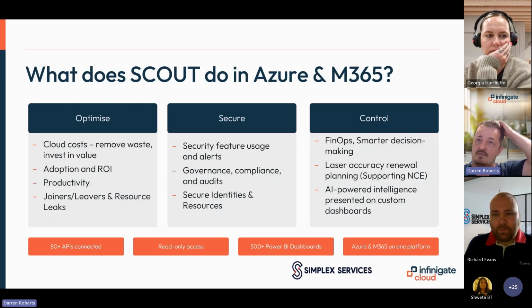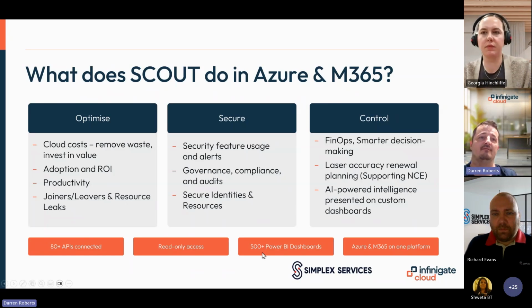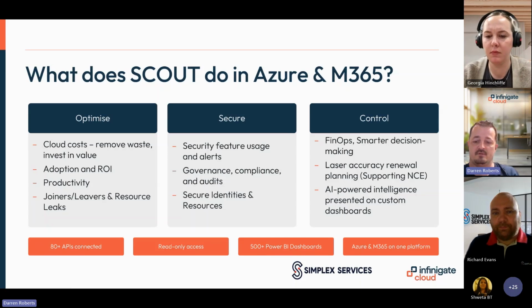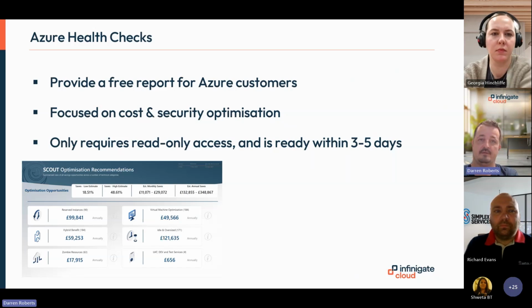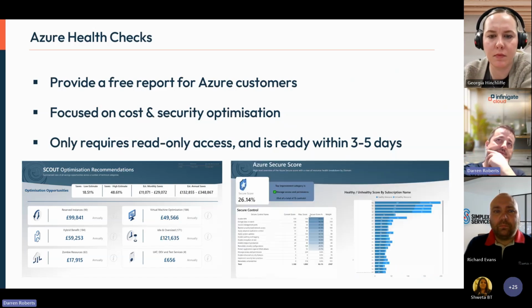FinOps is one of the key features of the platform. So there's over 500 Power BI dashboards in this platform. Humans can't really compete with that. Okay, moving on. As I already mentioned, the way that Simplex would help their customers is that you would onboard